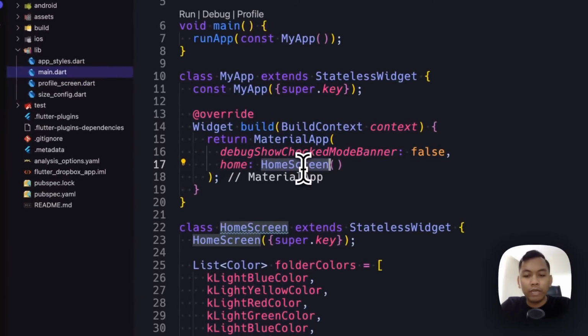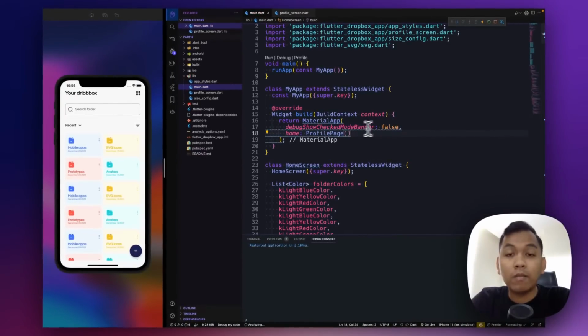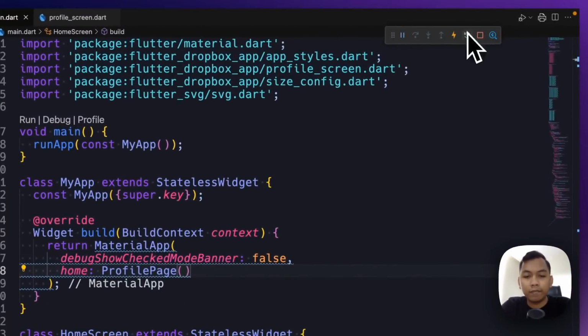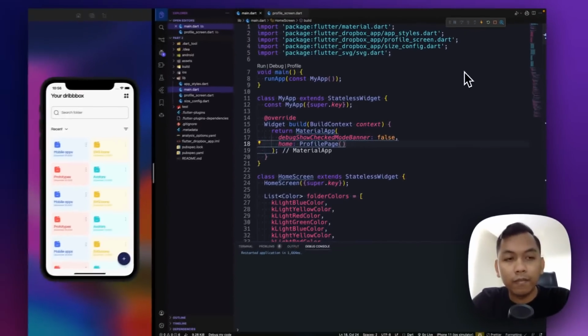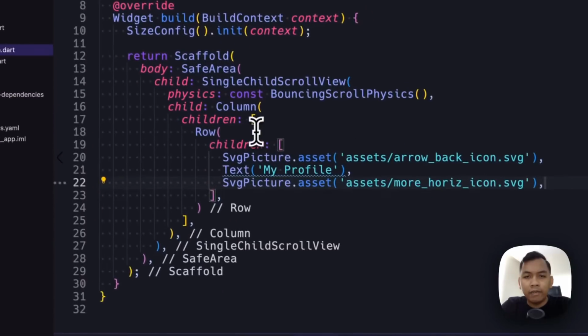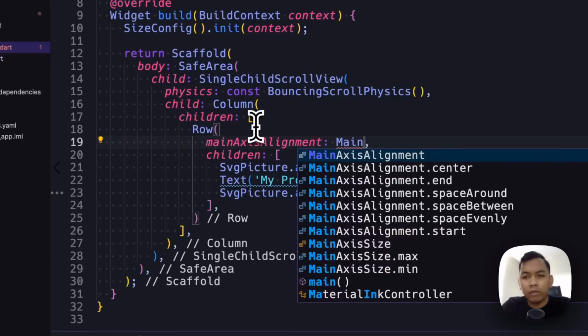And now we can simply replace this home screen with profile page. And when we restart, we will see our profile page. And here we can set main axis alignment to space between.